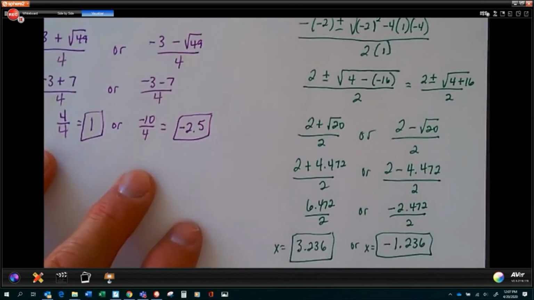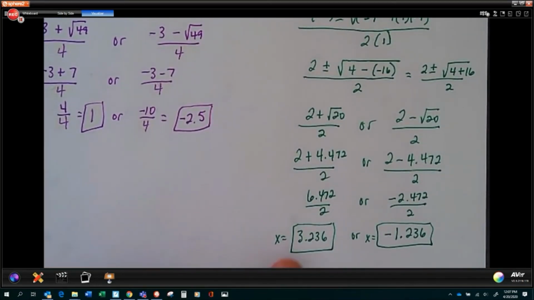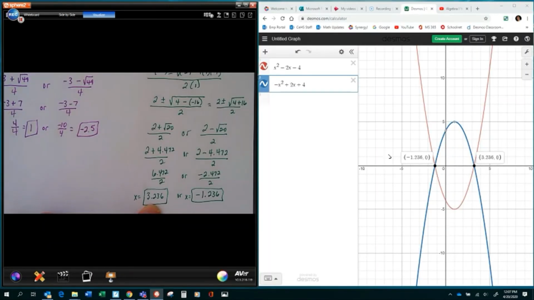Simplifying, moving up, and I have x is equal to a 3.236 or a -1.236. Again, just double checking this in Desmos, I can punch that into Desmos and see, again, my -1.236 and my